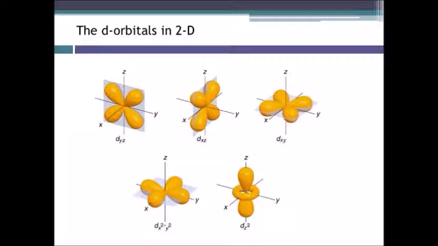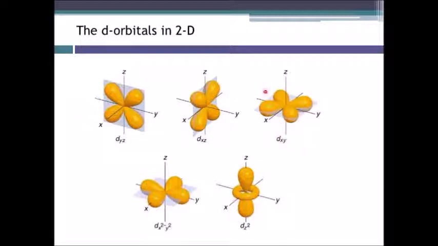Now comes the d orbitals. The d orbitals, as you can see, are actually characterized by the plane in which they lie. So, this is the dyz plane. This is the y axis and this is the z axis. The plane that covers both these axes will be the dyz plane, and obviously you can find there are four lobes over here. Again, the dxz plane. X is this axis over here. So, the plane should be lying along the x axis and the z axis is included in that. So, this is a dxz plane.